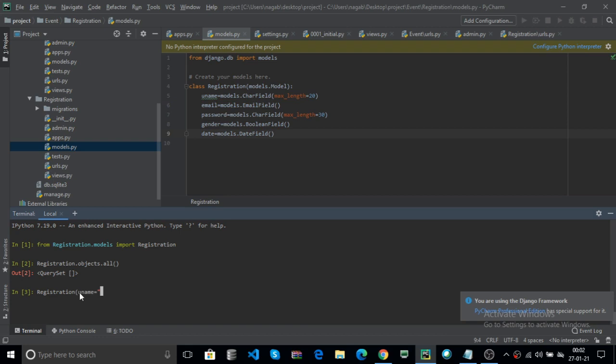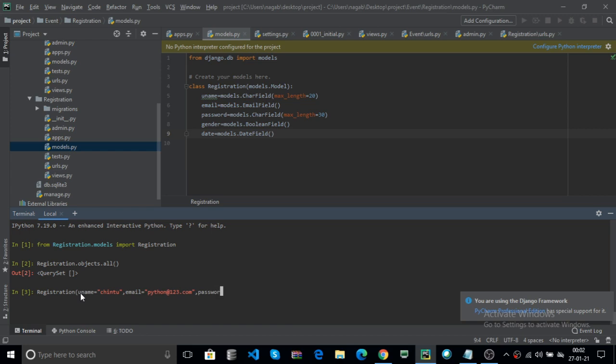Here I pass, for example, Chintu as the username. Now email: I enter, for example, python@123.com. Now this is the email.